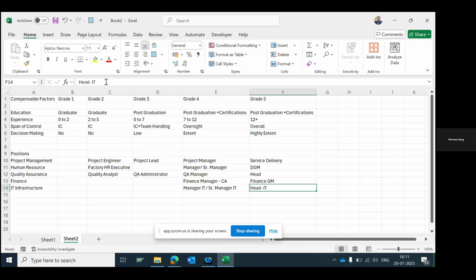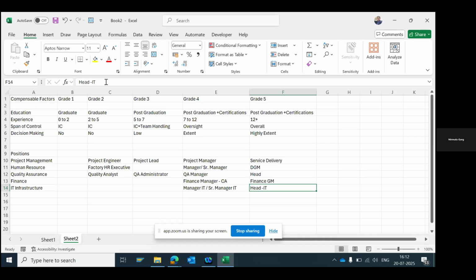Present it. We can use the same breakout room for presentation, and then come back. Who wants to present? At least the process. I want to make sure that you have understood the process of job grading. Anybody? So step 1, when you do job evaluation using the technique of job grading,